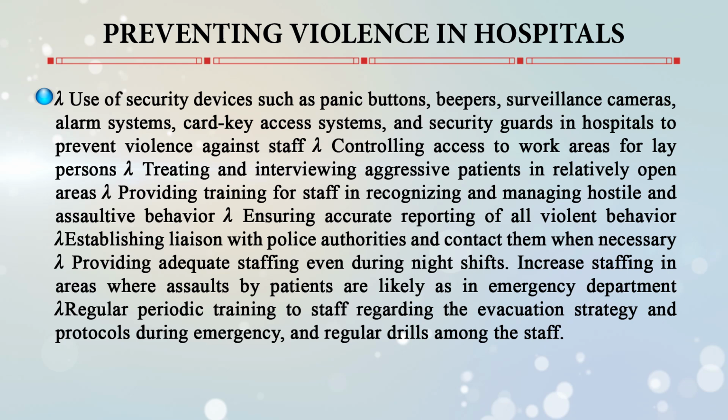And controlling access to the working areas for lay persons, that is, treating and interviewing aggressive patients in relatively open areas, as we have already discussed, and establishing liaison with the police authorities, which is also one of the most important factors to consider, and contacting them whenever necessary, and providing adequate staffing even during night shifts. So increase staffing in areas where assaults by patients are likely, as in the emergency department,